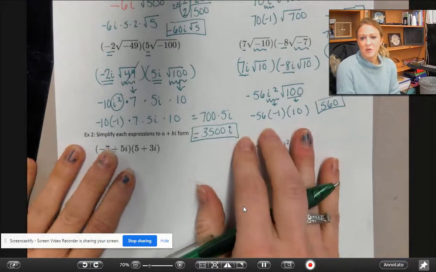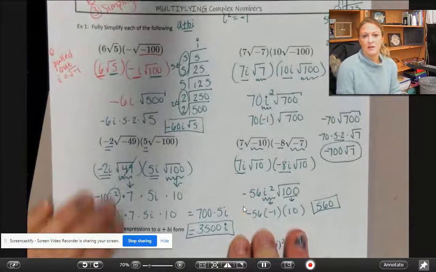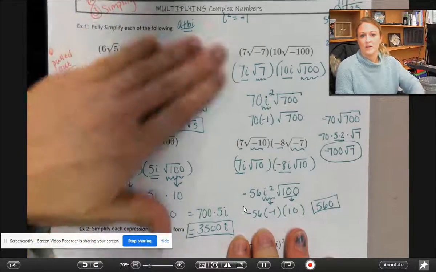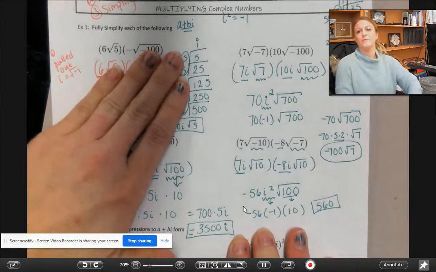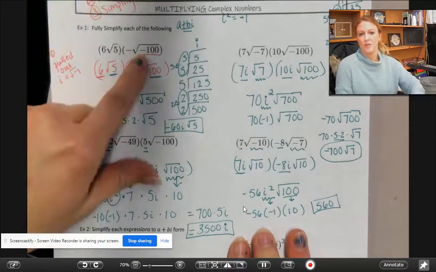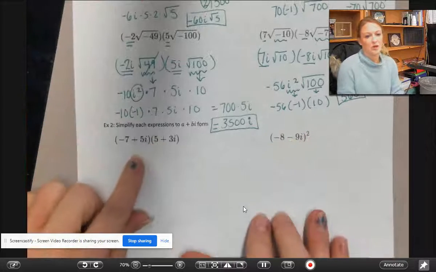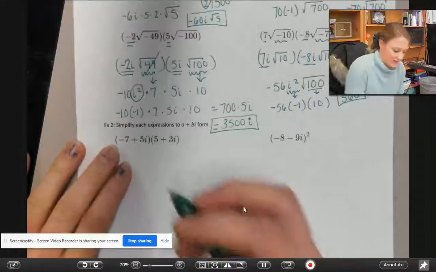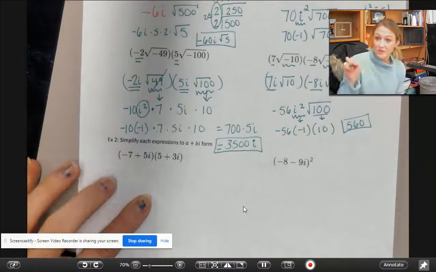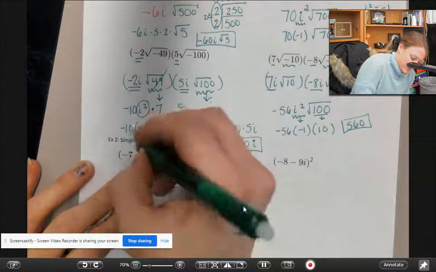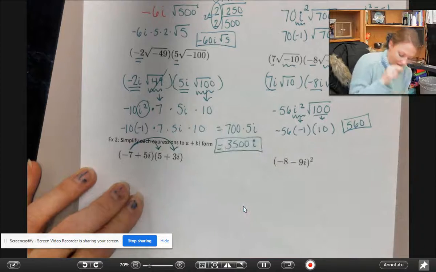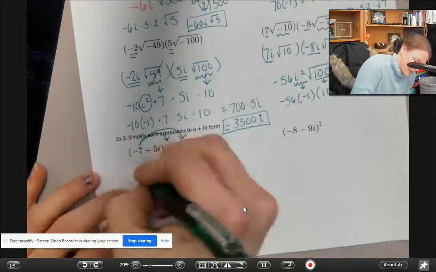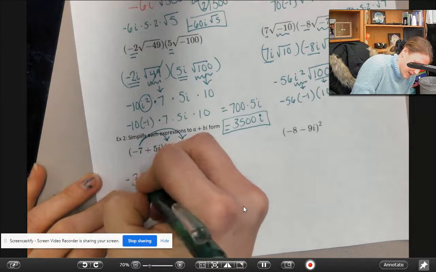So there's how you would multiply just the complex numbers, a monomial by a monomial, right? One term by one term. Now what we're doing is a binomial times a binomial. Okay, so we double distribute, right? So what we're going to do is negative 7 times 5 and a negative 7 times 3i. And so that's going to be negative 35